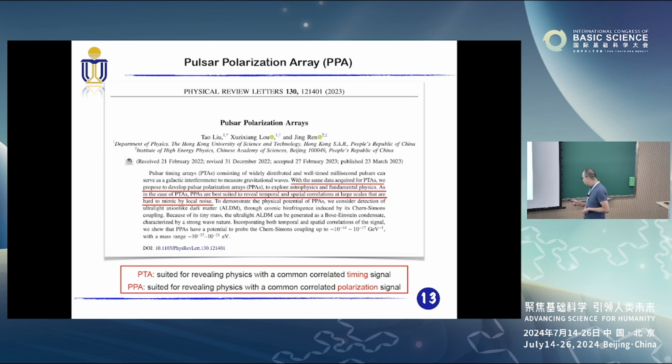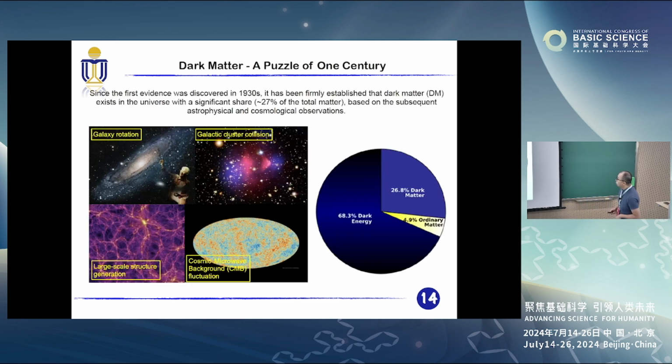And then the next question will be, well, for such a new tool, what kind of scientific case can we consider and explore? In this study, I will demonstrate how to use the pulsar polarization array to detect ultralight axion-like wave dark matter. And we know